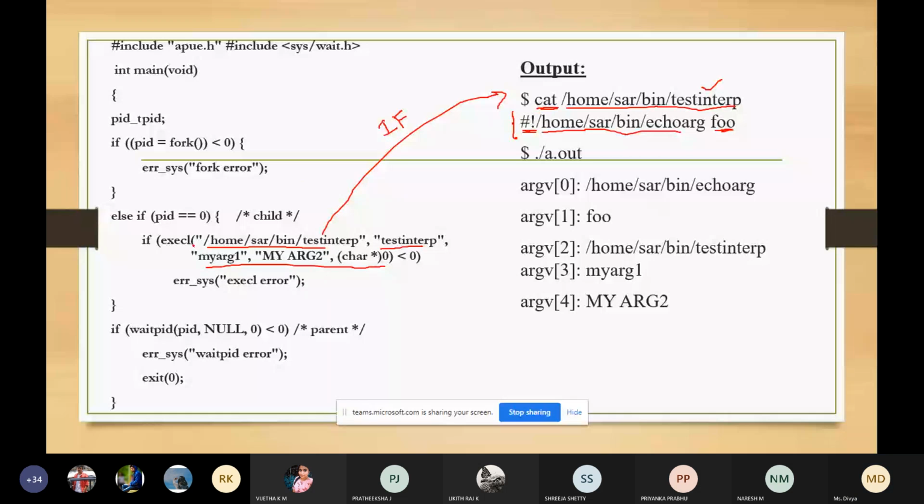Here, when the exec function is executed, it will be redirected to an interpreter file, and there is an optional argument on the first line of the interpreter file. So when we execute this program,